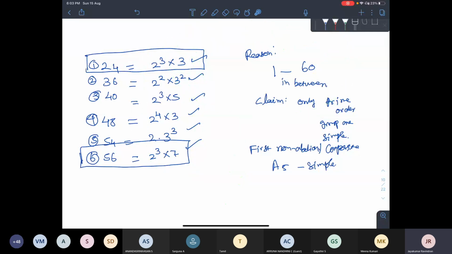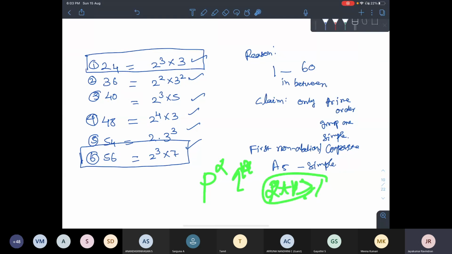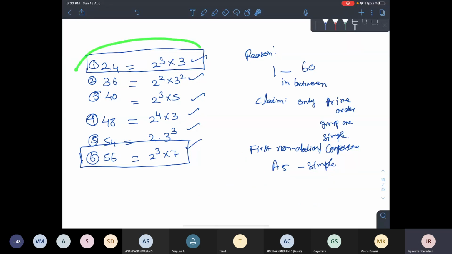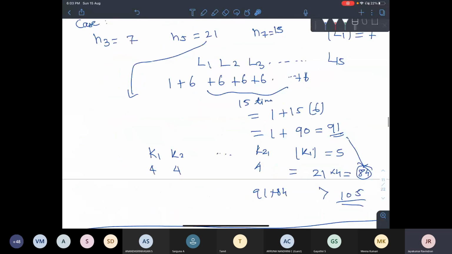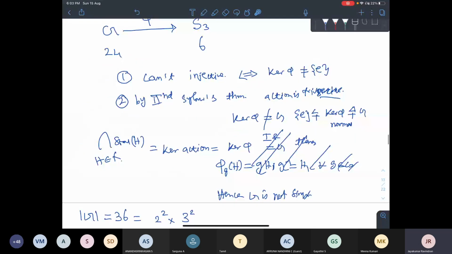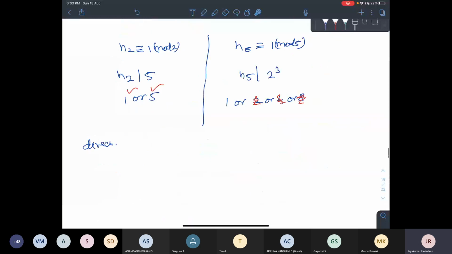Now you understood, right? These are not the generally occurring cases. There is a theorem by Burnside that says if the order is P power alpha Q power beta, where alpha plus beta is greater than or equal to 1, then the group is solvable. Using that, I could have bypassed this, but I don't like to do that because I want to work it out. Since none of these numbers fit those types, that's exactly the reason I chose them, and that is why this appears in the exams various times.